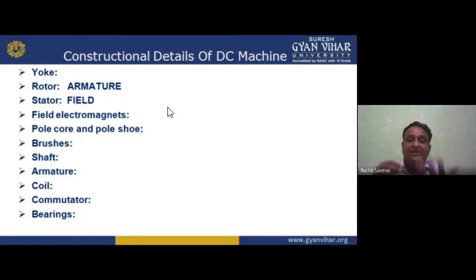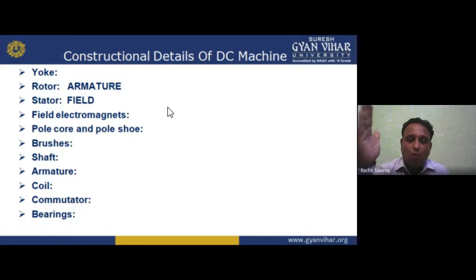So I am making the high area like this. So what happens? The flux will spread more compared to the pole core. If pole core is there, then spreading of the flux is limited. If I am using the pole shoe, then the flux spreading is higher, and basically reducing the reluctance. If I am reducing the reluctance, my dear student, it means I am increasing the flux creation, because reluctance is the property of magnetic material which opposes the creation of flux. I hope you understand about the field.